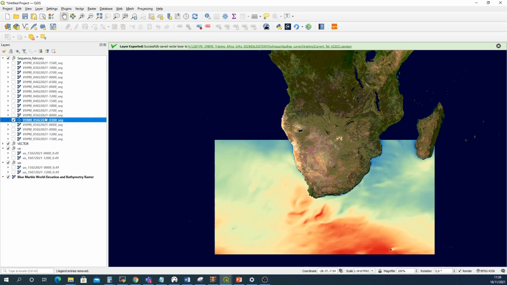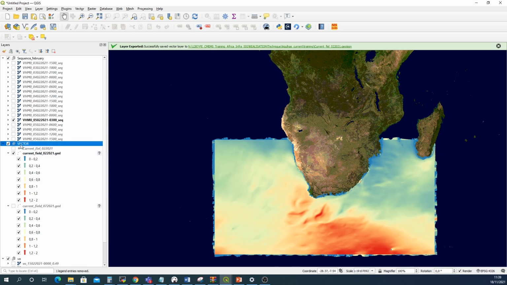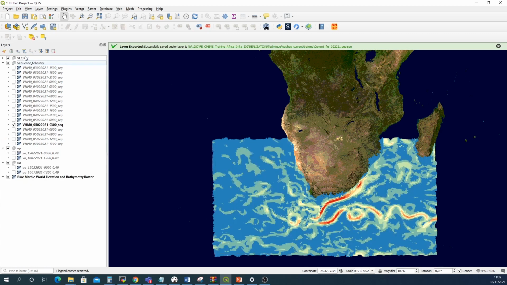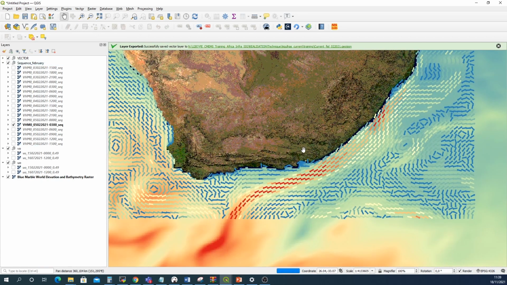So we are going to work only with this particular layer, and if we select this layer and just go back to our vector group, if we take the current field on February, the mean current field in February, we can just activate it and select this vector group and just put it on top of the significant wave height fields. If we zoom to the South African coasts here,